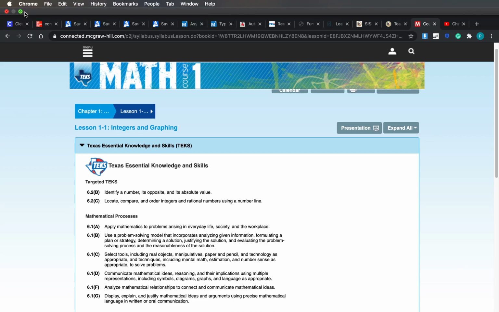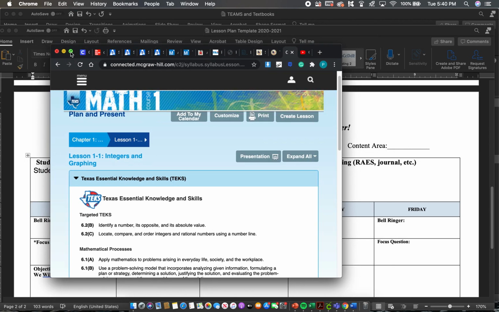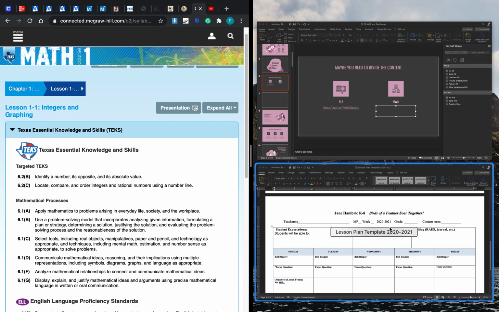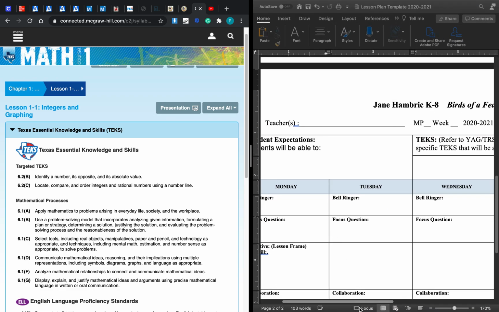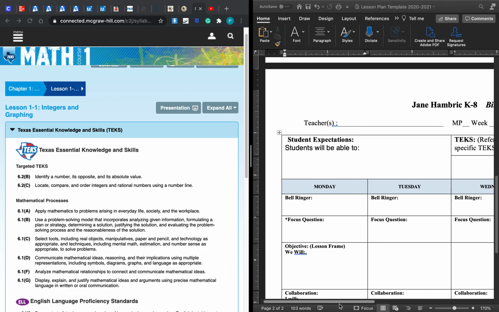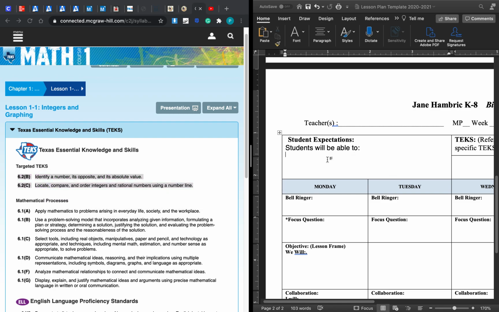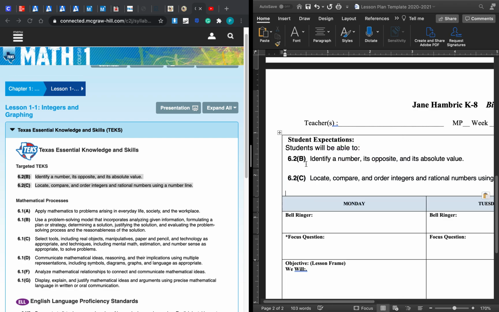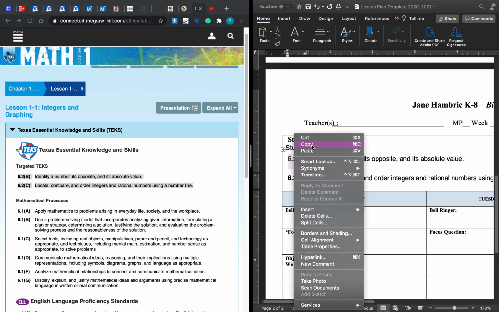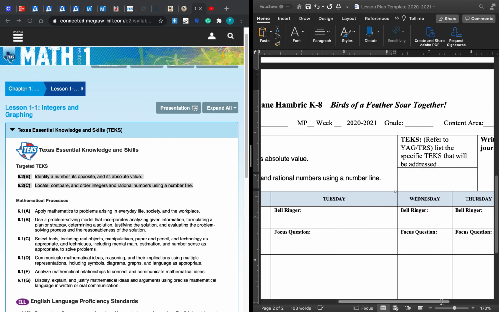So what I'm going to go ahead and do now is split up my screen. Send this to the left, and then here is my lesson plan template. So based on this, I can go ahead and copy and paste on my lesson template those. But here I don't want to add the TEKS. Instead, the TEKS, I want to go ahead and add them here. So 6.2b,